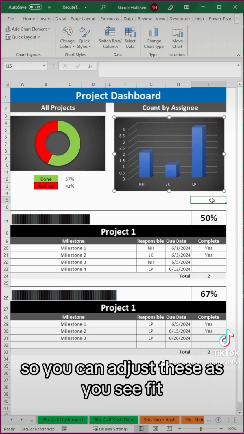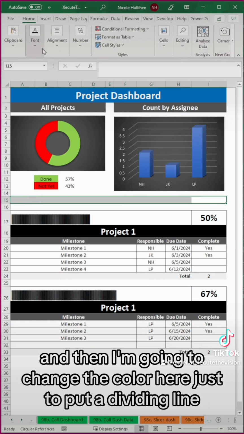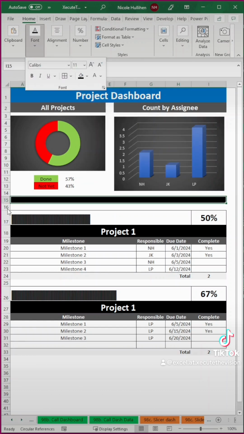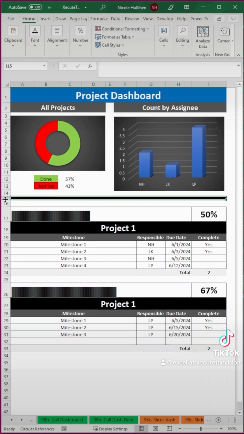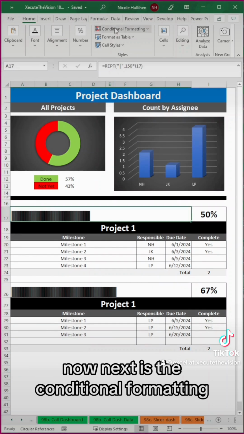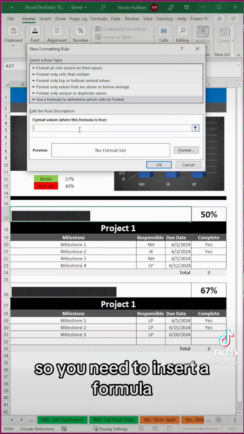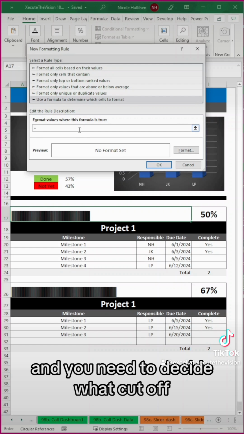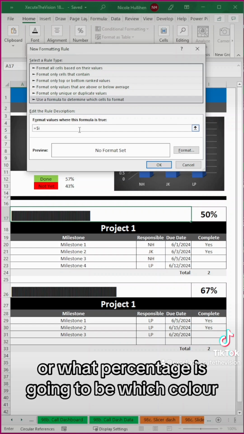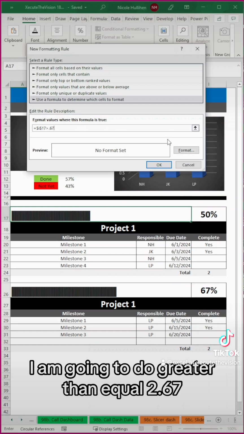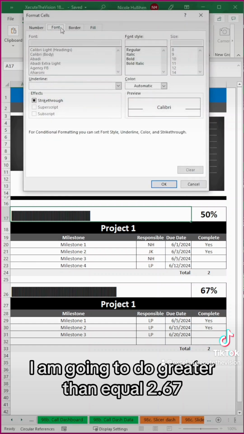So you can adjust these as you see fit. And then I'm going to change the color here just to put a dividing line. And we can make that a little bit smaller. Now next is the conditional formatting, and this is how you change the color with the bar. So you need to insert a formula, and you need to decide what cutoff or what percentage is going to be which color. So in this particular example, I am going to do greater than or equal to 0.67, and